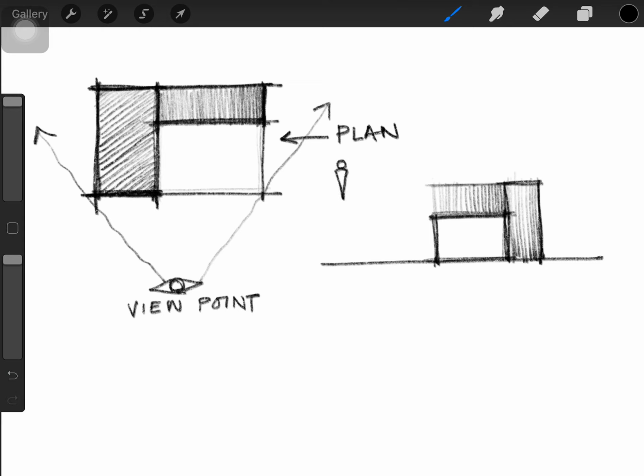The second one would be where you're viewing the building from the top and your vision line is going over the top of the structure, which means you're viewing the structure below you. This is what we call the bird's eye view. And the third one is where your eyes are right on the ground level. So your vision line is going to be right near coinciding with the ground line. This is what we call the worm's eye view.